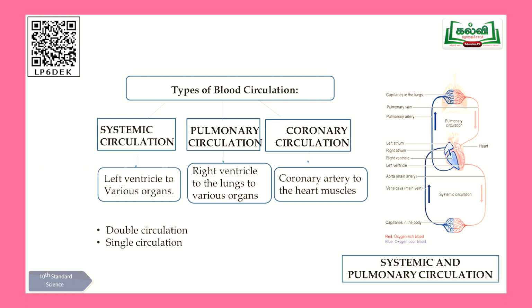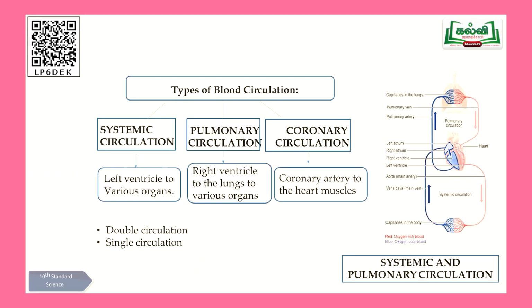It has to be pumped always. So for that pumping function they are in need of food. This food will be supplied from the blood which has been supplied through the coronary artery. So a pair of coronary artery called as right and left artery just goes down to the walls of the cardiac muscles, to the walls of the heart, and they supply the blood for them to function properly.